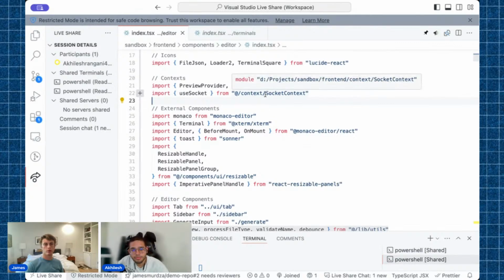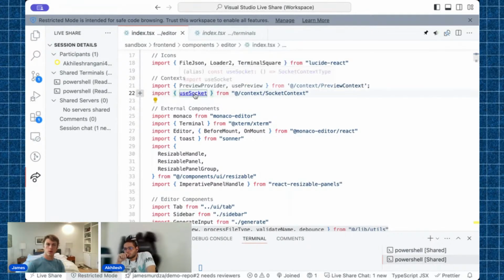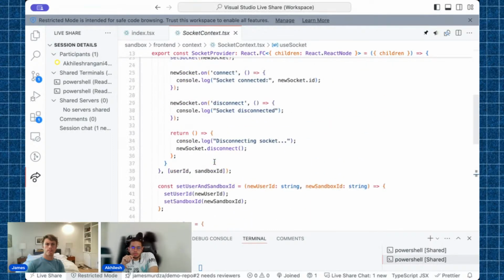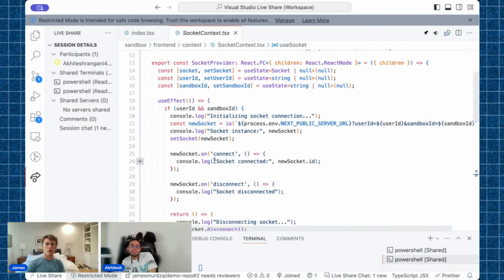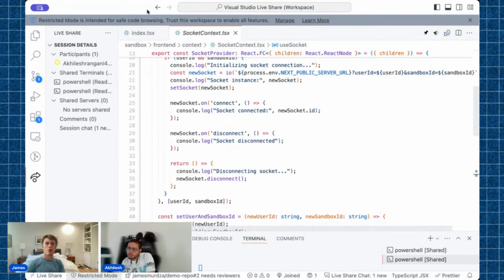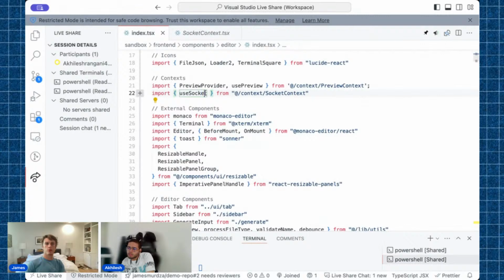I'm just spitting ideas, but because of use socket, let's have a look at that. I wonder if one thing that might be an improvement is if we do something like